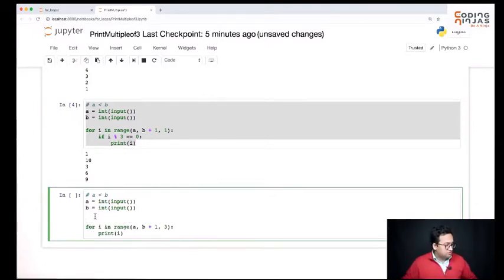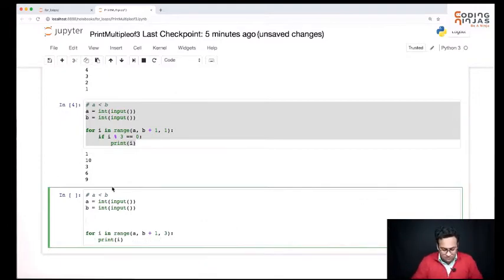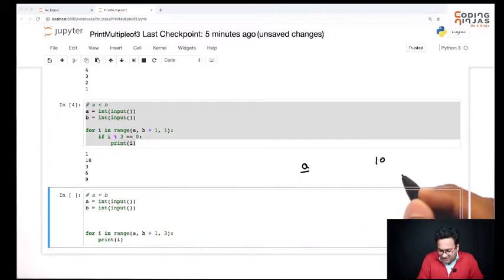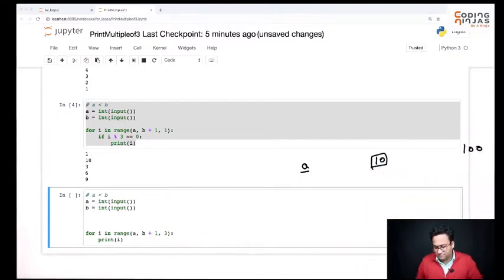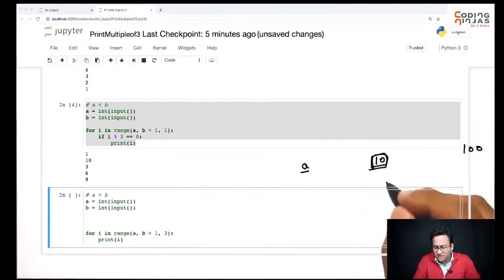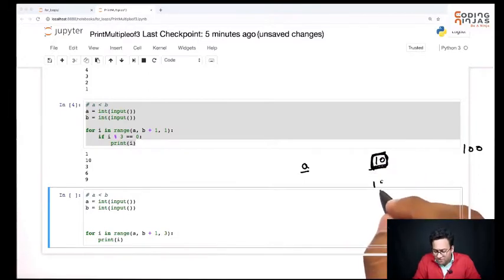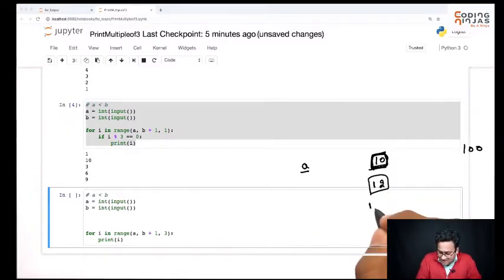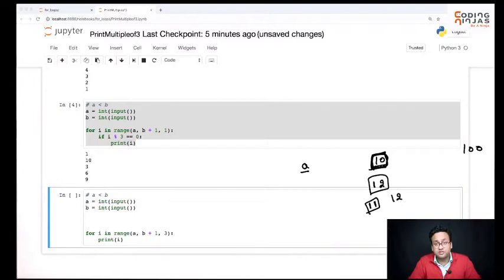Okay, so how do we do this? Right? How do we do this? Okay, so basically, let's say A is 10, my starting number is 10, I have to go till 100. Then I should not start from 10. I should start from 12. Right? I should start from 12. Okay? And in case my starting number is 11, then in that case also I should start from 12. In case my starting number is 12 itself, then I should start from 12 itself. So we'll have to put 3 different cases here and manage accordingly.